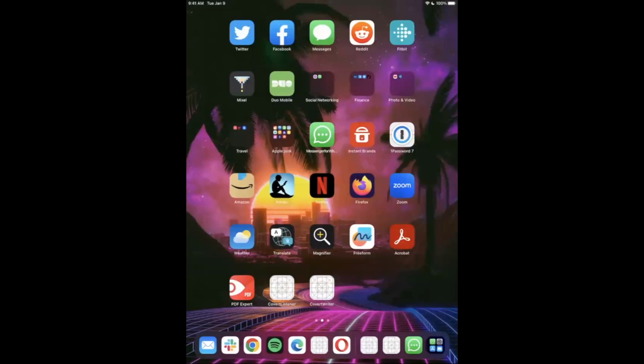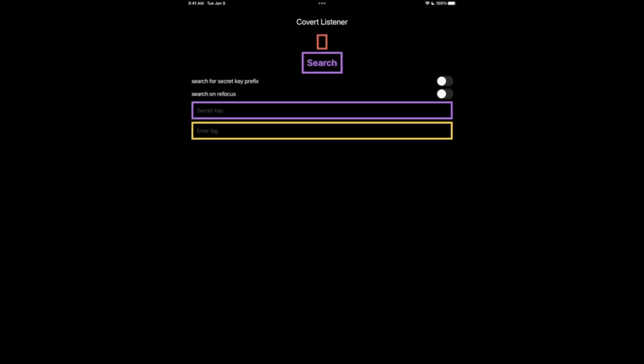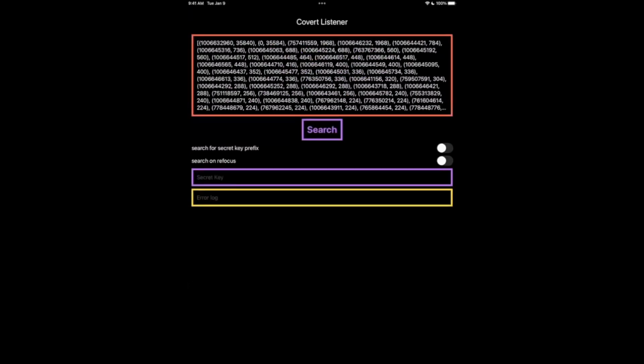Next, we're going to see how leftover locals can be used to implement a covert channel on iOS devices. So this is my iPad, and first we're going to open up the Covert Listener app. What this essentially does is it dumps the local memory and allows us to inspect the values. For example, if we just dump the values, we see a histogram of all the values it's seen in local memory. We can see that we see a lot of different values,